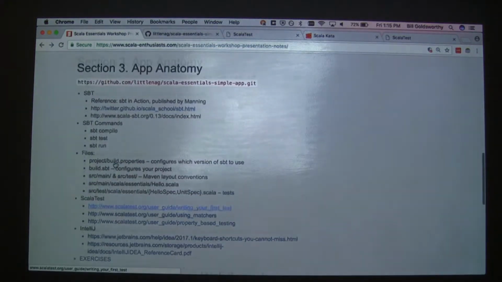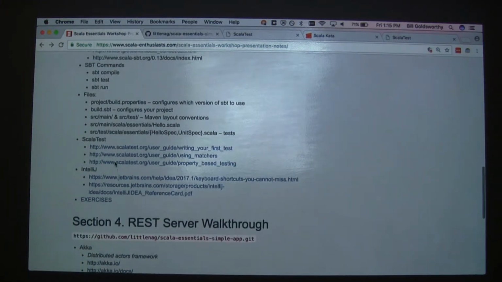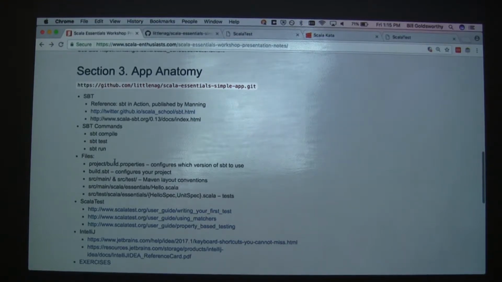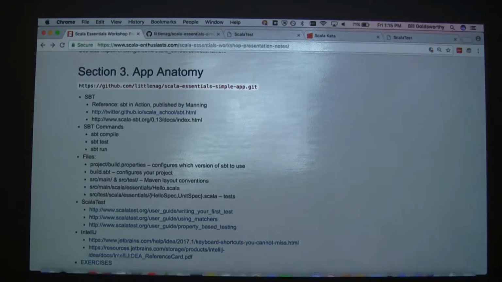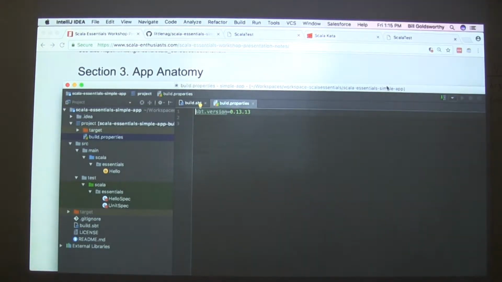There's some links here. I thought I saw them. Maybe they're back under resources, with helpful key commands and that kind of stuff. A couple that I want to talk about that are relevant to Scala are